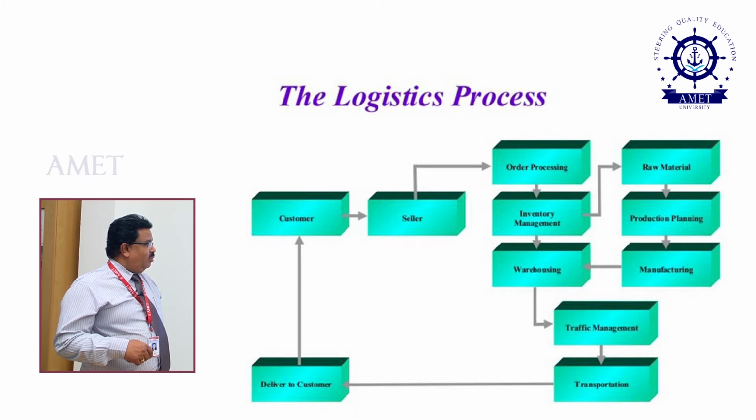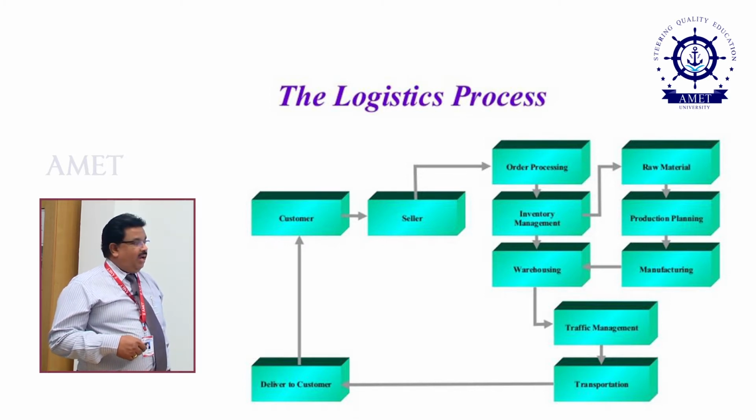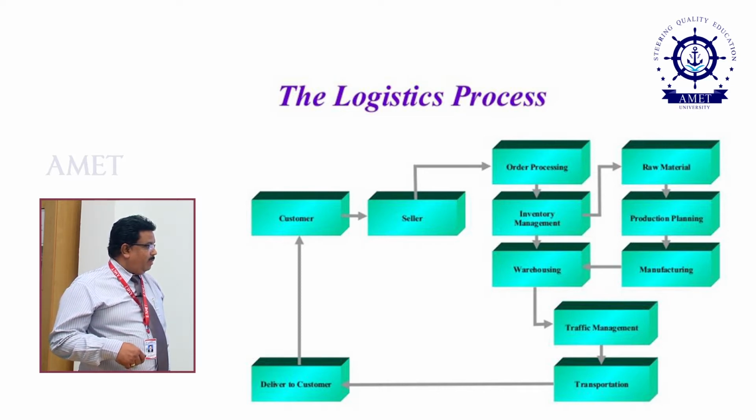In the warehouse, they search where the product lies and take out that particular bundle, and then they tell the traffic management who the product delivery person is. Once it comes to traffic management, they identify the address which you gave through the website and then hand it to the transportation department. Once it has been handed over to the transportation department, they come straight to the customer and deliver the product. So again you are receiving your product.